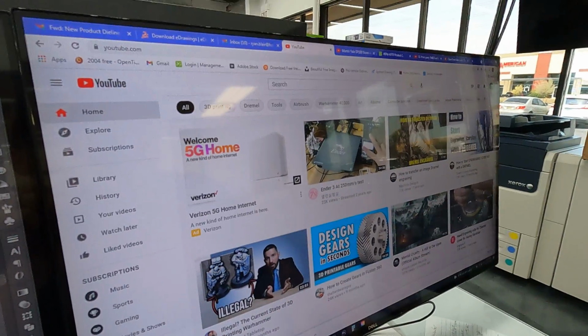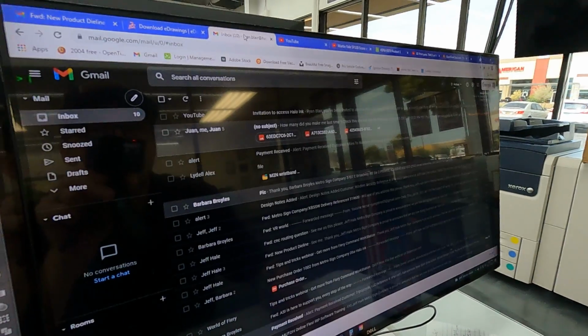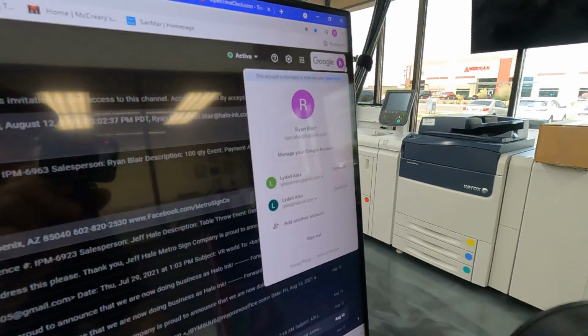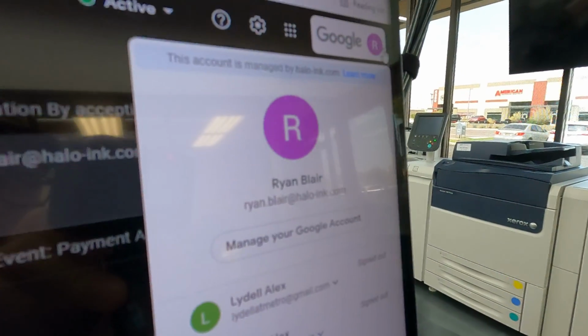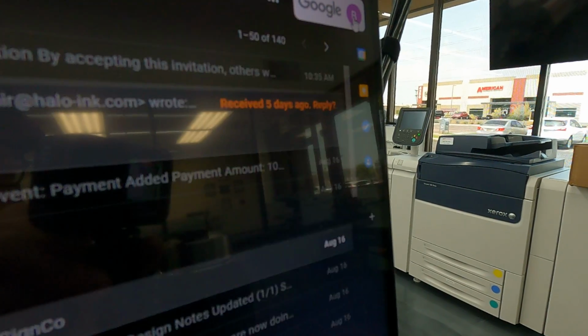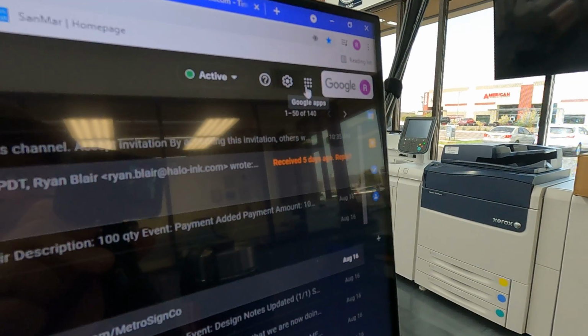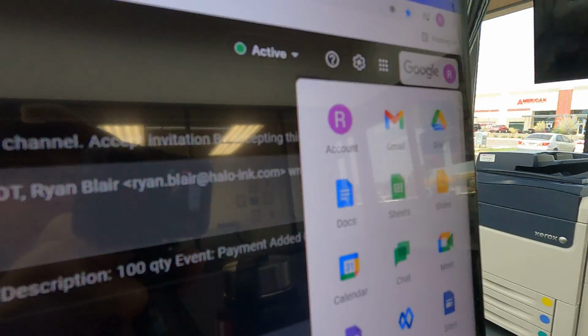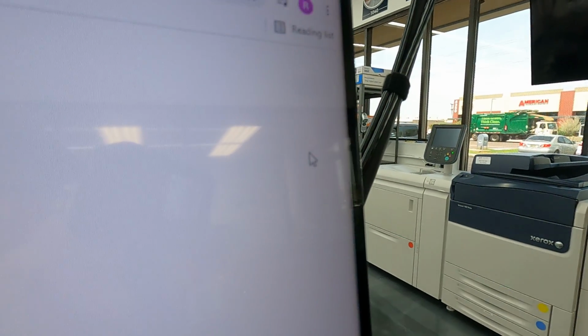So now that you've got it in your Drive, what you're going to do is you're going to go to your Gmail. Okay, you're going to make sure that you are logged into the same email address that you used on your Google Drive, which is my Ryan.Blair at Halo Inc. From here, we're going to click on the Google Apps, which are these little dots right here, and you should see Drive. Go ahead and click the Drive,